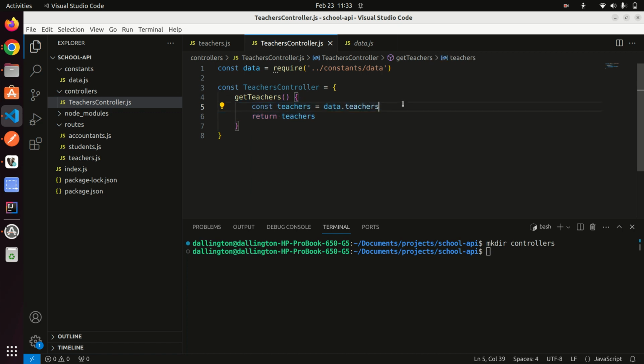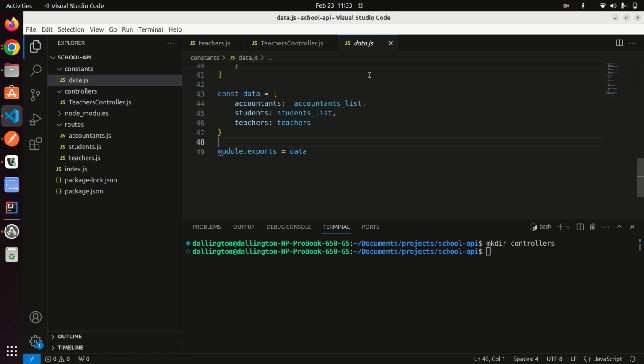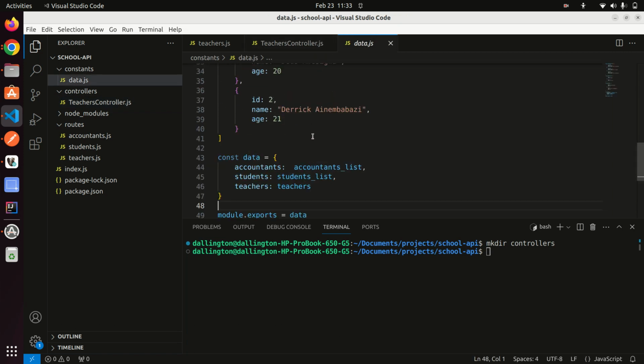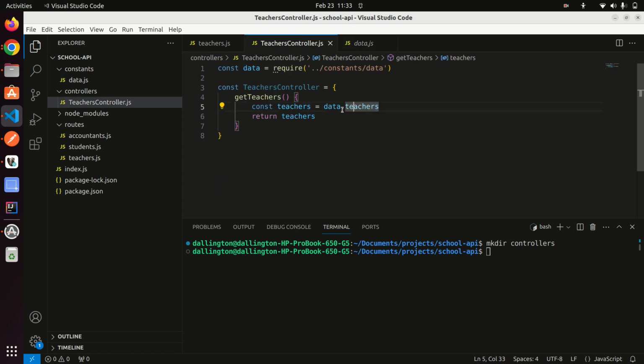Teachers. Essentially, we said that instead of getting this hard-coded data from this data file, we shall be getting it from a database, and that's what we shall be looking at in the next session. This list of teachers should be coming from a database, but for now we are still using the hard-coded data. So now you can write as many functions as you can within this teachers controller, but let's start with